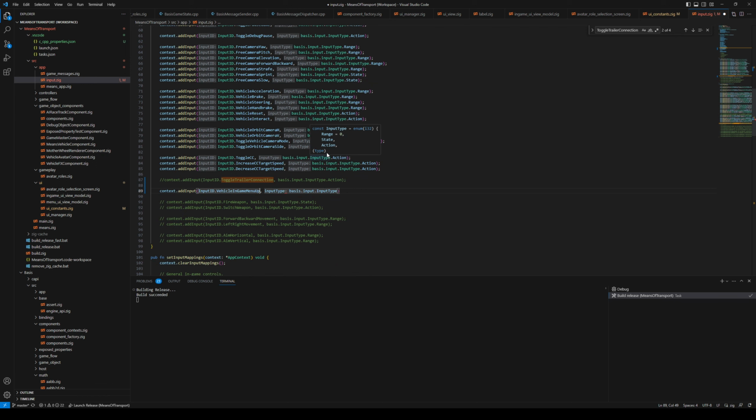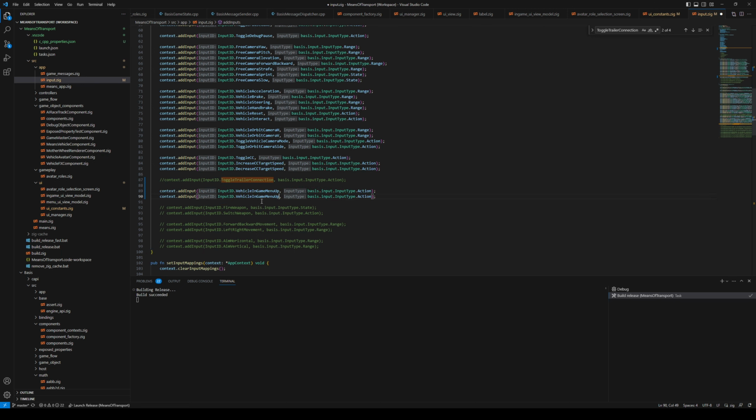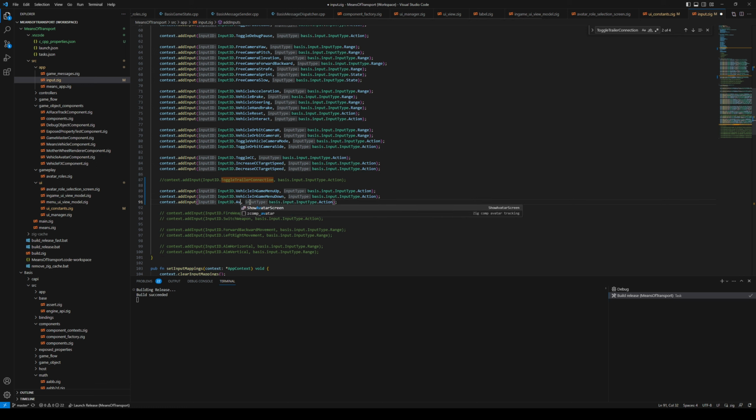Yes, first up and then down. And this is where we give the type. So basis input type, and up and down, as I said, these are actions. We can do the down as well. And then we have the third thing, which was the avatar, show avatar screen. This is not an action, this is a state. So now we can query for these things. We can query, is this